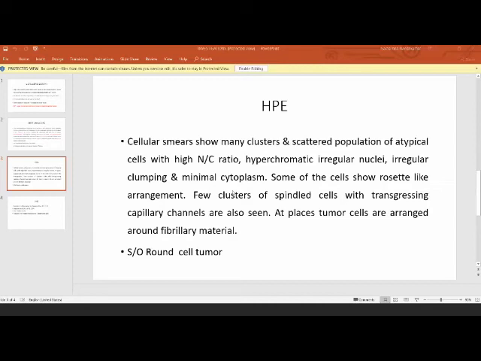It is one is the Wilms tumor, neuroblastomas. No, sorry, I'm sorry. Wilms tumor is not a small round cell tumor. Maybe at DM level, someone can say that blastomal variety of Wilms tumor can be a small round cell tumor, but typically Wilms tumor is not a small round cell tumor. That should be out of your differential diagnosis.